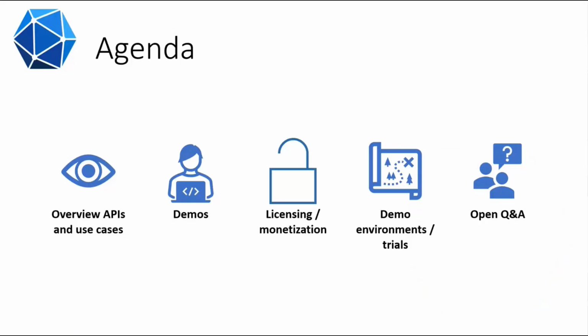All right, let's jump into things. So today we've got a couple of different things that we'll be going over. We'll give you a quick overview of the APIs themselves and some different use cases for this. Cameron's going to demo some of those different scenarios for you, so you can see what this looks like inside of Postman, but then also see the end results inside of our environments as well. Talk a little bit about some of the licensing and monetization impacts for this. Talk about how you can go and get a demo environment for this. So some great ways to try this out if you don't already have licenses or you don't have an environment you can test this with. And then we'll open things up for Q&A and give you some additional resources as well.